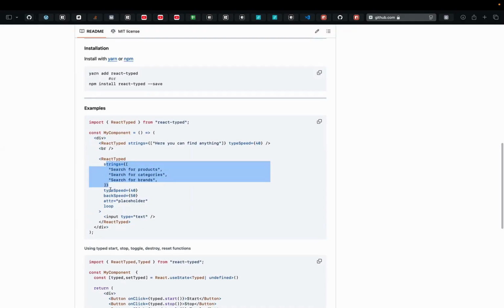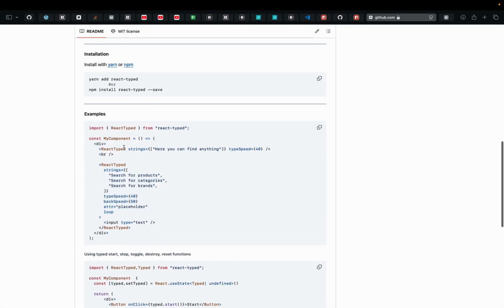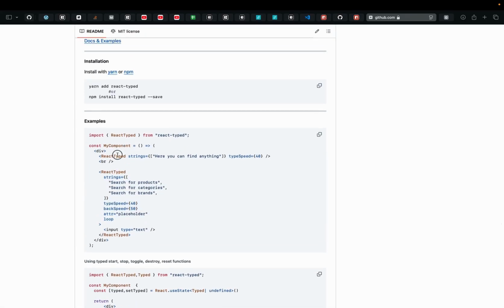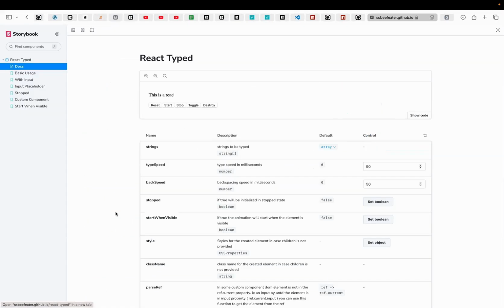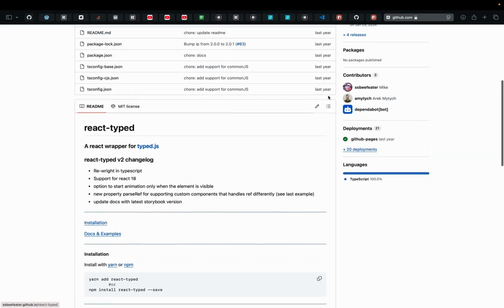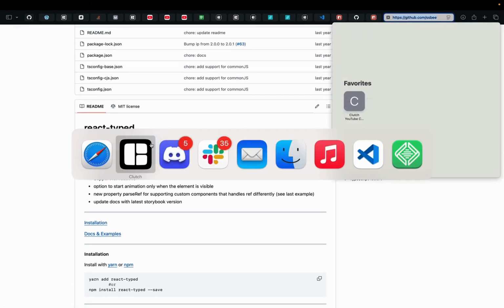You just give it an array of strings, you give it some speeds, and then it's off to the races. You're going to go really simple. You give it one string and you tell it how to type. That looks like it's better. There are docs and examples. Okay, so we're going to send this web page to our vibe coder. So let's go to